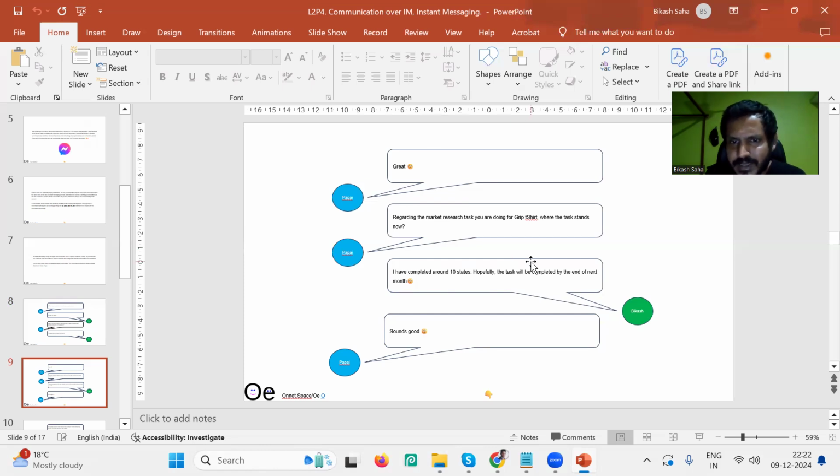For IM instant messaging and in-person communication, a communication like this is shown, so you can take this example and apply the way of communication. Also, if you want, you can create your own communication scenario, skipping this one, and there also you can apply the way of communication. So this is how you need to do the assessment.